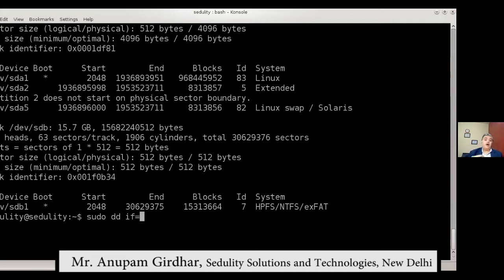Or in the form of an image. So it is purely up to us whether we want cloning or a physical imaging. The dd command is going to help you. And please remember,